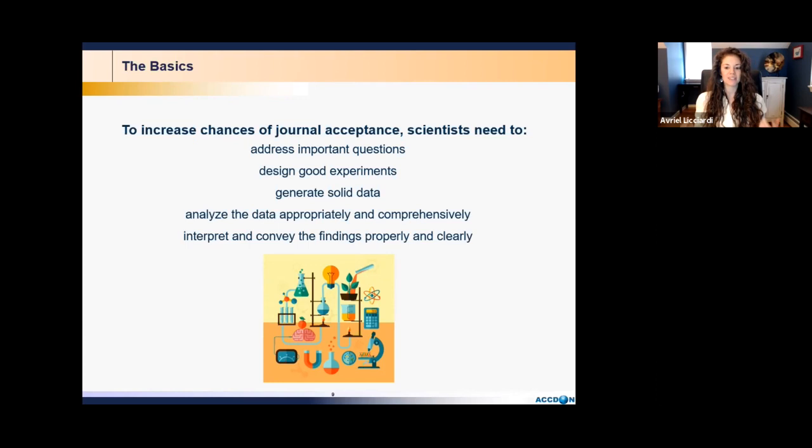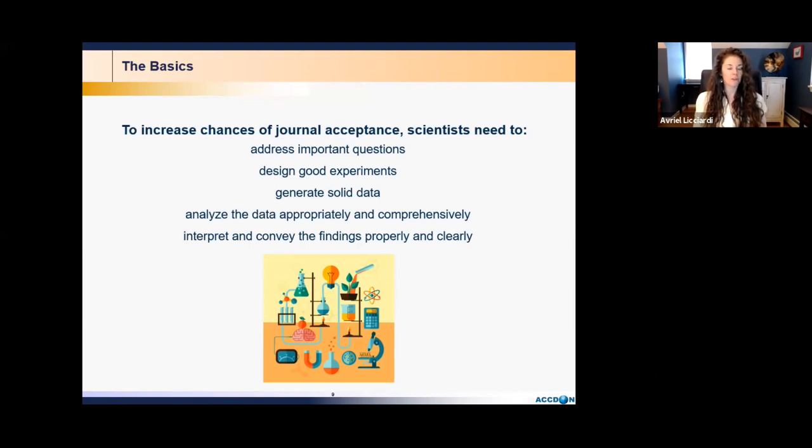And I list all of these things here, and perhaps when you're listening, none of those are surprising for how you could get your manuscript accepted in a journal. And that's an important take-home point, is all of these points that you've probably heard about how to get published, they're still applicable to how to get published in an international journal. And just keep these in the back of your mind that, you know, good science is good science, and that's what's going to get published.